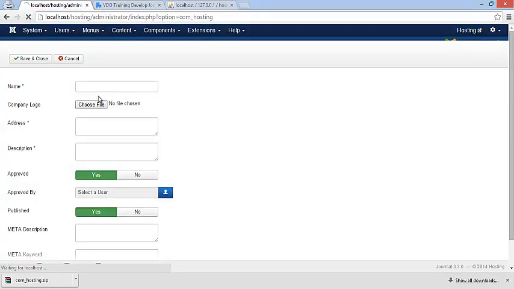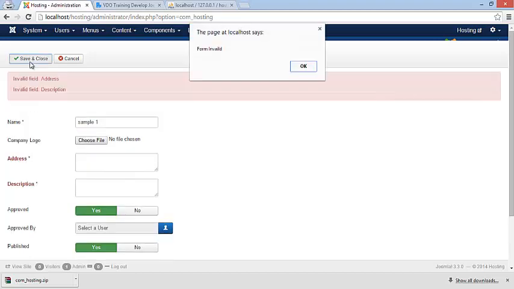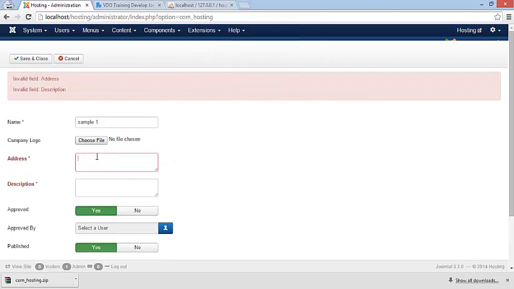So let's try to save data. Sample1, and save. Oh, it's required.